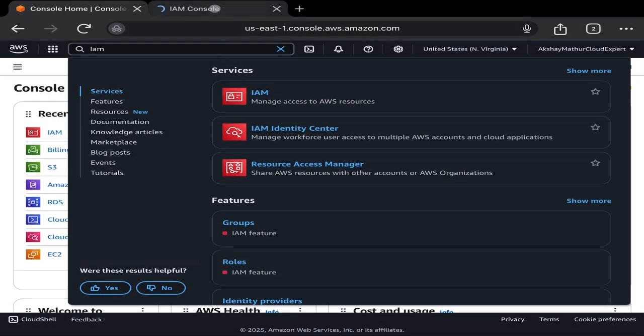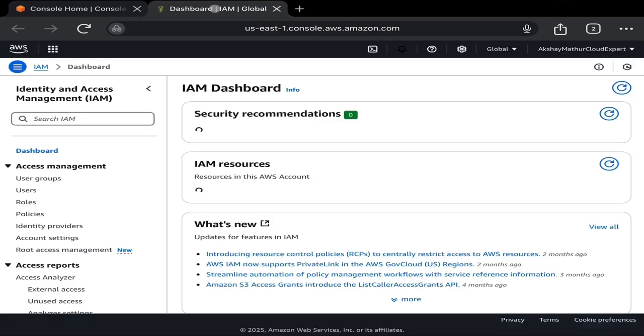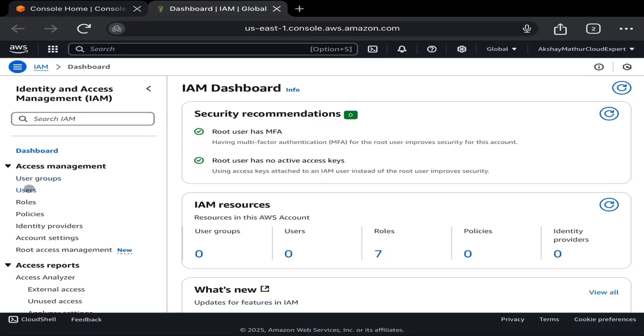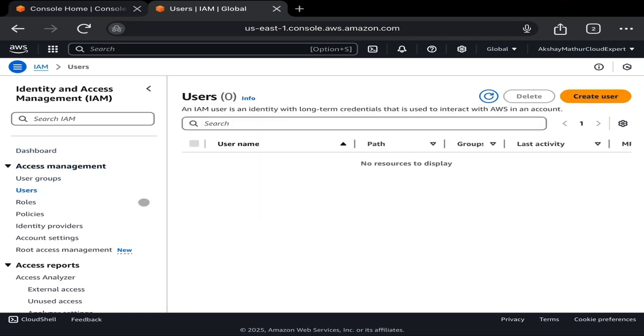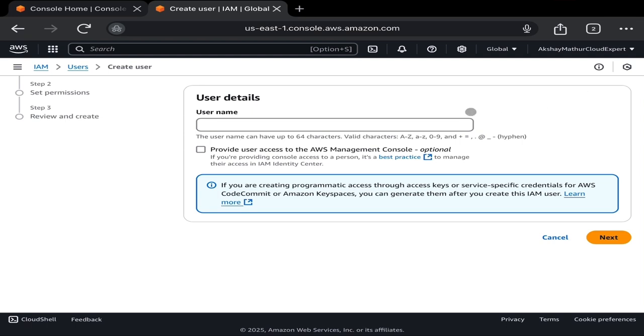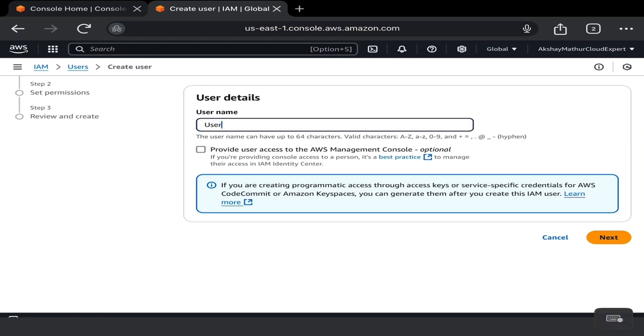Once it is open, on the left side, click on Users. There are no users created till now, so let's create users. Click on Create user. You can use any name you want, so I just use user1 and then click Next.